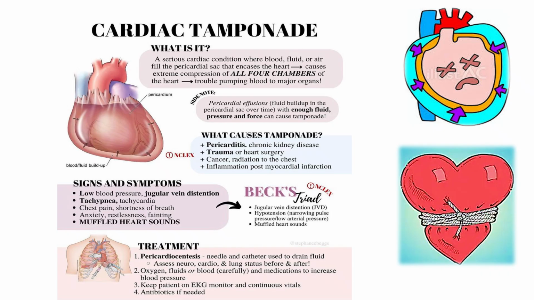Now, I've had cardiac tamponade patients and they are extremely unstable. So, if you suspect cardiac tamponade or you're showing signs of shock with Beck's triad, you definitely need to act,